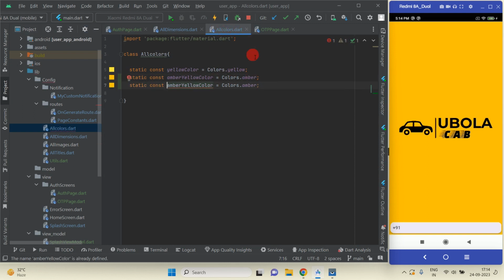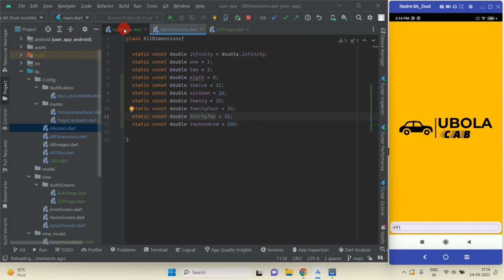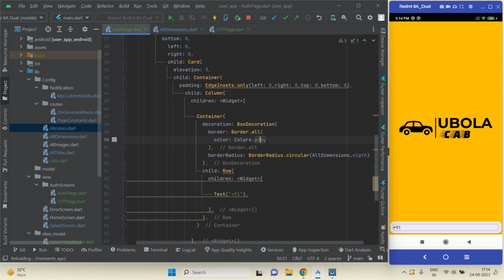And inside all colors dot dart, I'm going to create one more variable. So gray, colors dot gray, and we will use this color here, all colors dot gray color. So you can see one border line is appearing here. Okay,